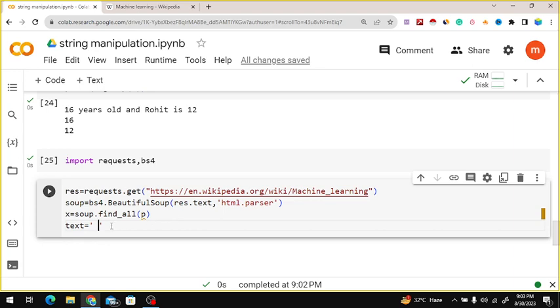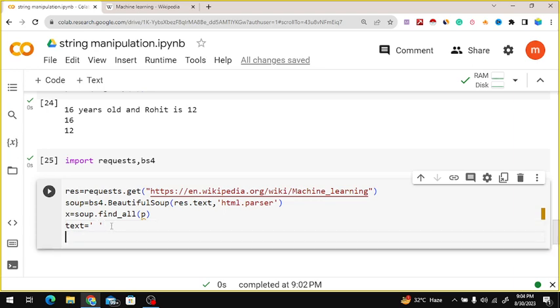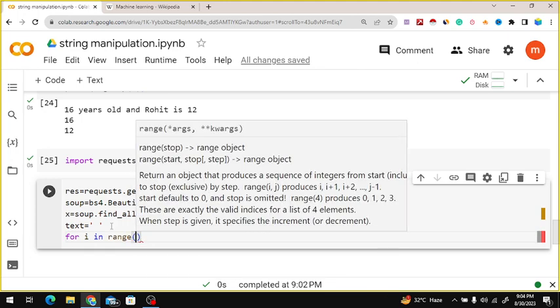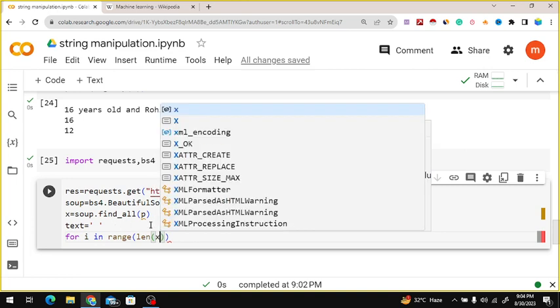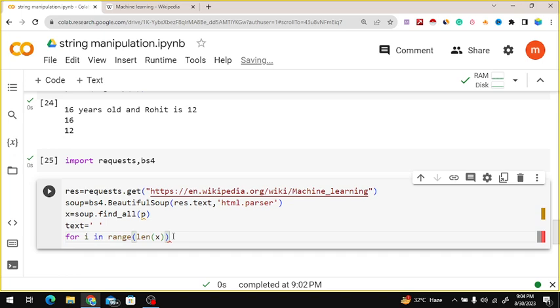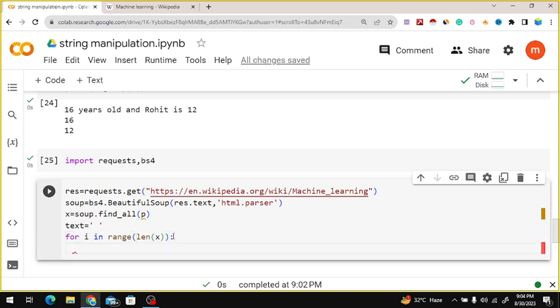Now I want to create a for loop, for i in range of length of x, and since I am using a for loop, it's a slice of text, with the plus-equal symbol.